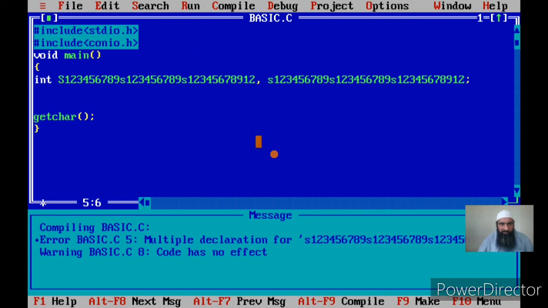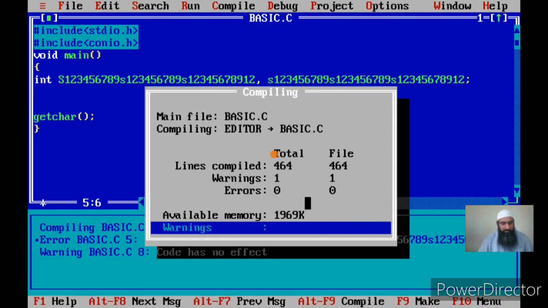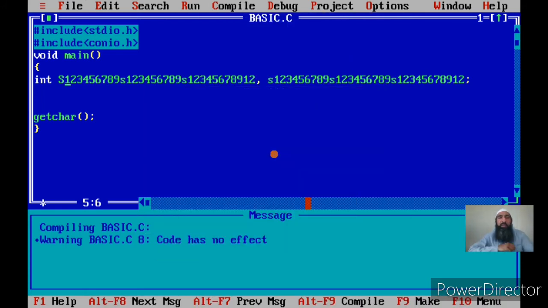Will the compiler accept it? Yes, there is no error. That means two variables can have the same name, but if one of the characters is in uppercase in one variable and in lowercase in another variable, they will be taken as two different variable names. Even though in English it is not like that.